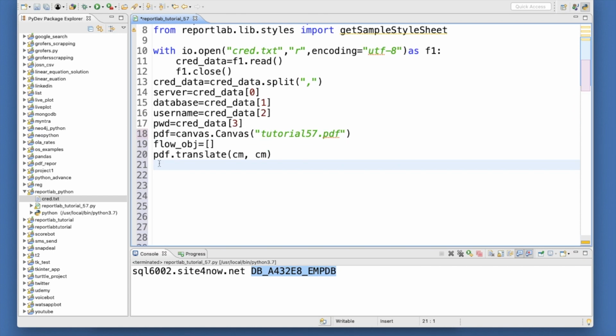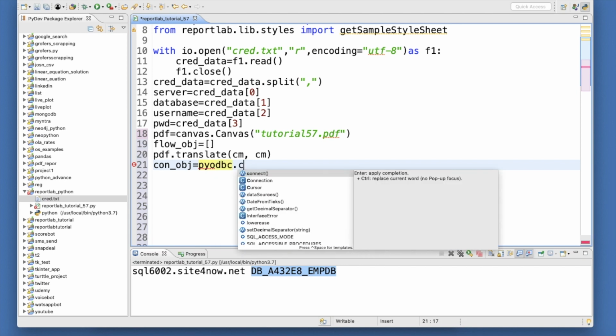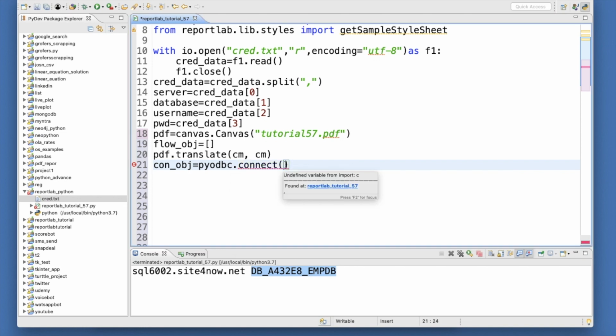So until this part is completed, now I'll be going to create the connection object first. So it will be con_object, just any arbitrary name. So this is going to be odbc.connect. Okay, so here actually I'll be going to write all this thing. So this is going to be double quotes, and after that we'll write driver. Okay, this is the usual thing, guys. And inside that you have to write this, and it will be SQL and server, right? So it should be SQL and it will be server. Okay, right? And after that semicolon, and next thing is going to be our actual server. So it will be server equals to, okay,